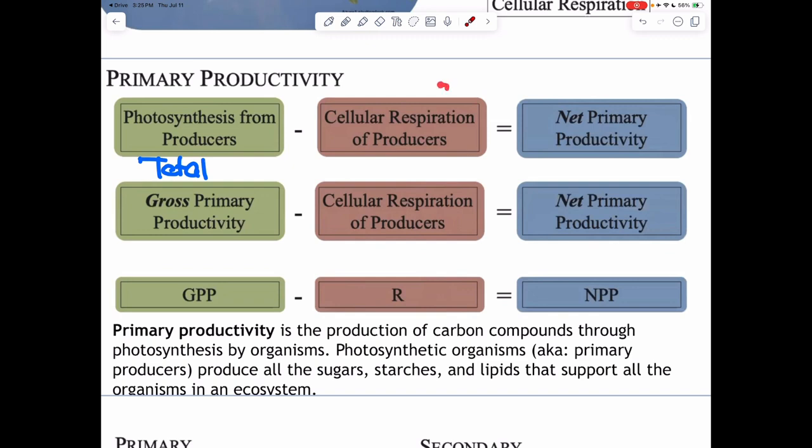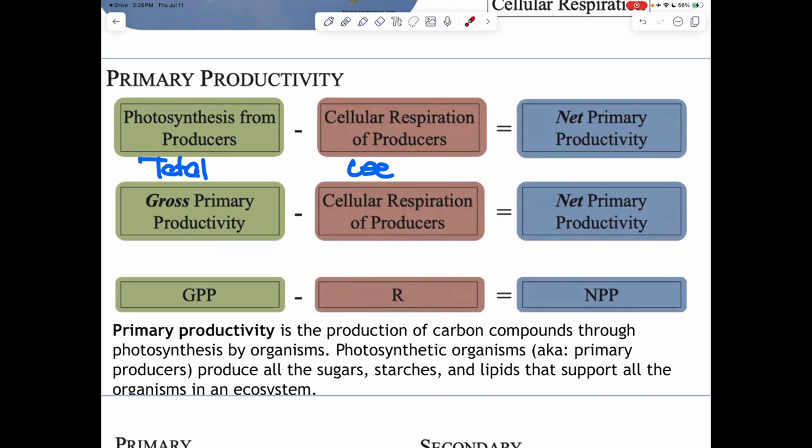Then they're going to use some of it. They're going to build their leaves. They're going to make some fruits. So this is everything they use here. We've got flowers. I'm not going to draw it out for you, but we have roots, more stems, more leaves. Every new tissue that they are creating, this is what we're going to subtract. This is where they're going to use their cellular respiration. They're going to take away from their gross primary productivity.